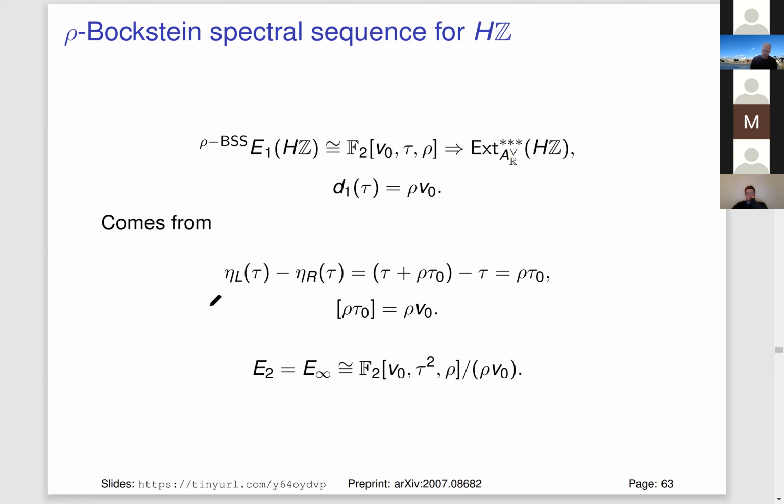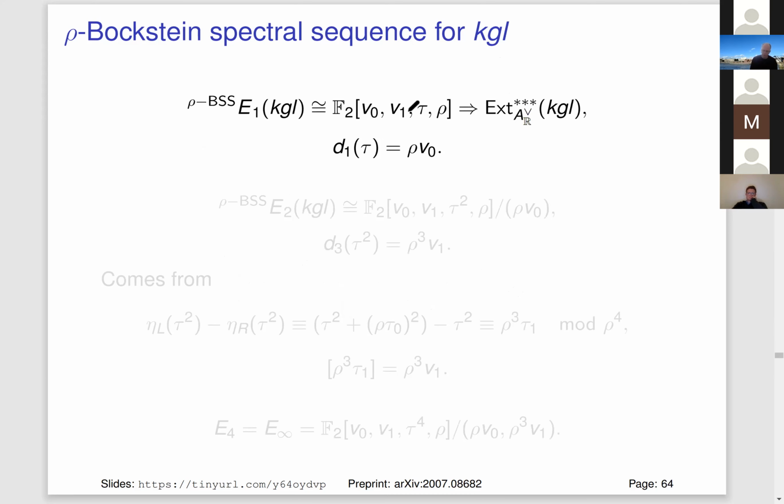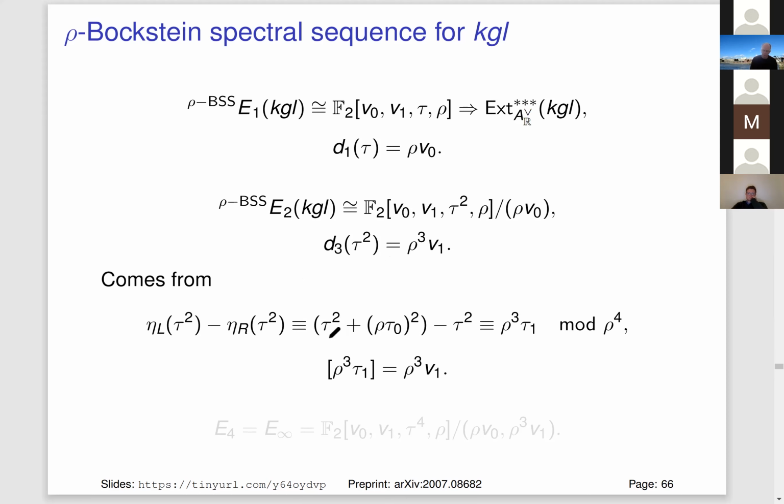Okay, I don't expect everyone to follow what's going on at this point. The point I just want to hammer home is that these differentials come from really simple calculations. This is just adding and subtracting at this point. For KGL, it's a similar story. You have the same D1 differential, and then you have to prove a D3 differential. This also comes from a really simple algebraic computation. I'll just put it here to illustrate that it's basically one line. You do this computation, you get this D3 differential in the Rho-Bockstein spectral sequence, and then the thing